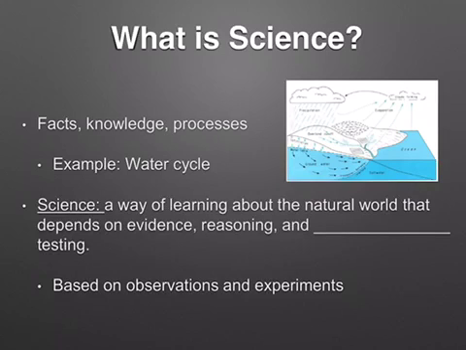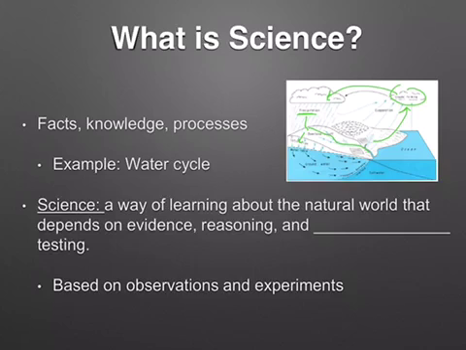And so an example of a process or a scientific process would be the water cycle. So the water cycle says it can start anywhere, that we have some precipitation, it hits the ground, it can either infiltrate into the ground or run off over into the land, into other bodies of water. Eventually, wherever that water lands, it will evaporate again, clouds will form, which then returns back to precipitation. So that would be one process.